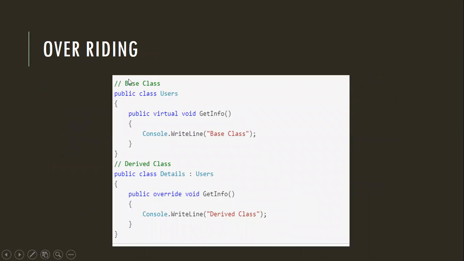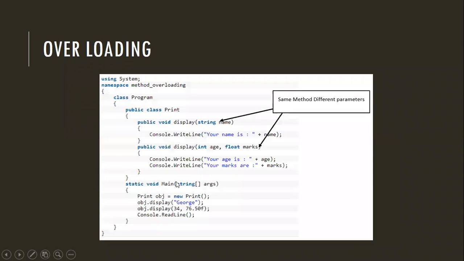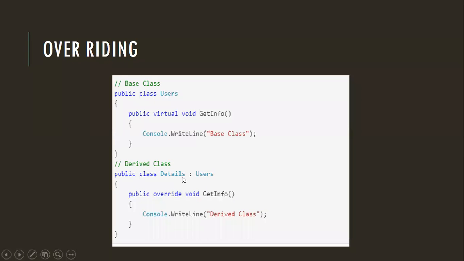So see, base class කියලා කියන්නේ parent class එකට, derived class කියලා කියන්නේ sub classes එකට. නේද? එතකොට users කියන එක තමයි base class, details කියන එක තමයි derived කරලා ගත්ත class එක. ඒ කියන්නේ users කියන්නේ parent class එකට. ඒ parent class එකකින් අපි derived කරලා ගත්ත එකක් තමයි detail class එක, inherit කරලා ගත්ත class එකක්. නේද? එතකොට බලන්න public virtual void කියලා මෙතන method එකක් තියෙනවා. GetInfo කියන එක තමයි method name එක.